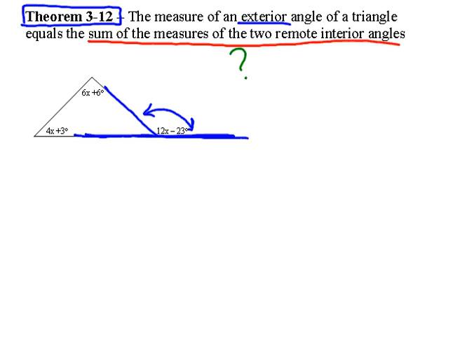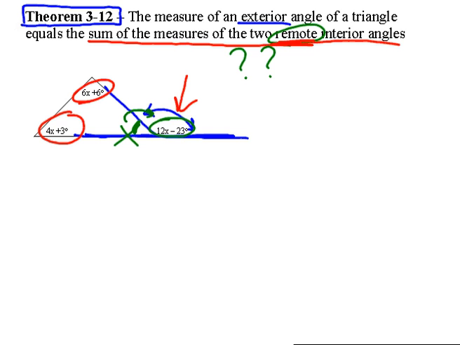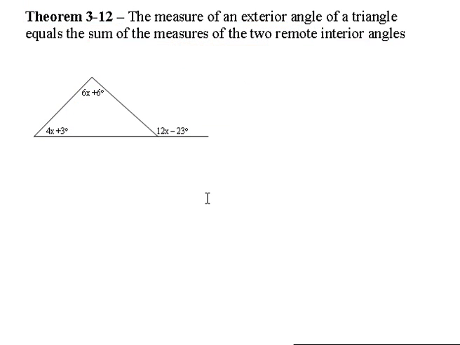Now you might say, what in the world are remote interior angles? Well, the remotes are the ones that are not adjacent to that exterior. So here's an angle adjacent to that exterior angle. So that's not a remote interior. The remote interiors are the other 2 angles. The way I like to think about it is if something's far away from me, you would need a remote to turn it on if it were a TV or something like that, or some kind of device that needs a remote. And the one right in front of you, you don't need a remote, it's right in front of you. I don't know if that helps, but so what we know is that 12x minus 23 is equal to